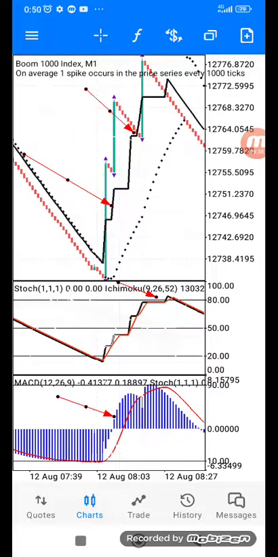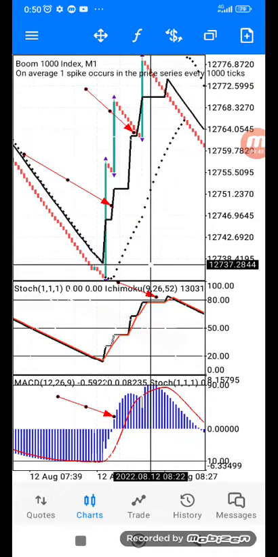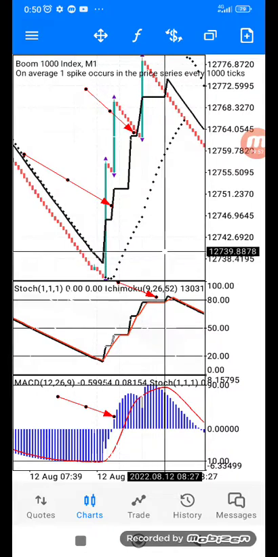Any valid signal, as in if there is any touch or a retracement that touches the Ishimoku line, just in this case now, here our